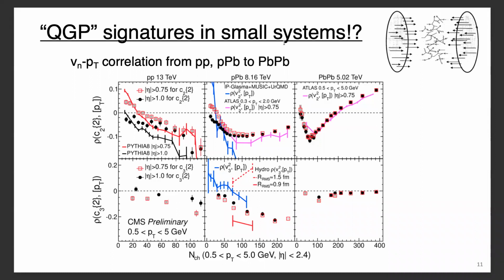This is in the relatively low multiplicity range, peripheral events, where at some point it changes sign because what drives the v2 goes from the geometry-dominant region to the fluctuation-dominant region, and then it goes up. Others haven't seen it go back to positive, and we see some sign that it goes back to positive, and it was argued that this is something you can use to distinguish whether at low multiplicity you see